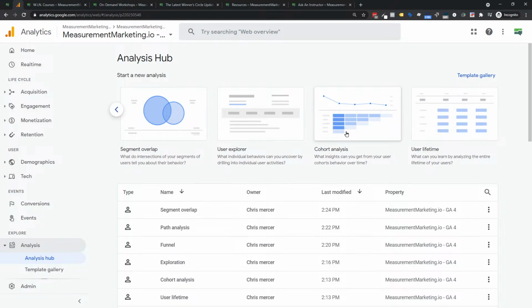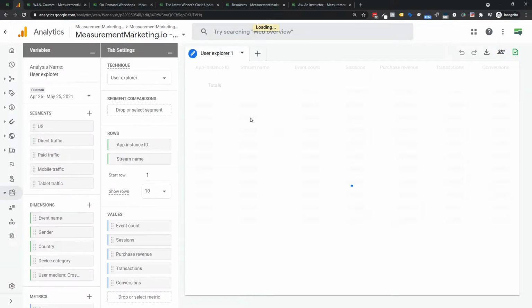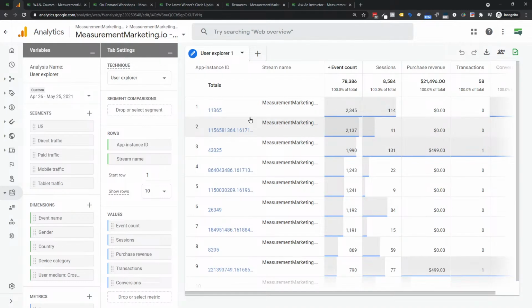Cohort analysis, I think, is useful because you can break it down by various groups over time for certain results that they're achieving. I think that is a useful report. But let's end up with the user explorer itself. I think this is probably my least useful. I like the idea of trending, but to be honest, I get information from the cart systems and things like that for LTV and velocity return. But the user explorer is also sort of, I'm not a huge fan of this one because it's too specific,